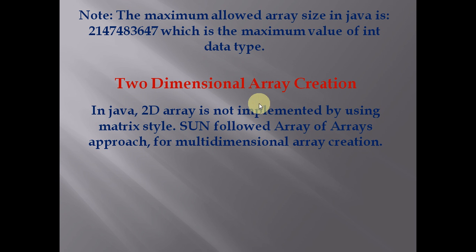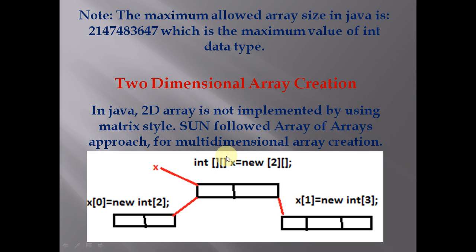Matrix style contains a similar number, or at least some kind of 2 into 3 or 2 into 2, but in that case you can have multiple elements, or 5, 6, or an odd number of elements available to you, which is not the case with matrix style. So Sun followed the array of arrays approach for multi-dimensional creation, and from the example which we have discussed in the